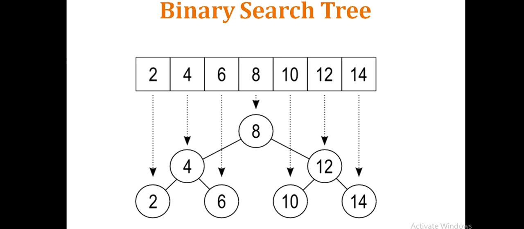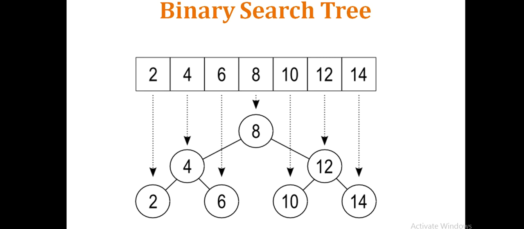In the best case scenario, if the element is found at the first position itself, it gives big O of 1 complexity. And if the element is at the middle position, then it is nearly n by 2. So this is the sequential search. If the size of the array is very large, with a large number of elements, it goes into the worst case scenario. And to come out of these problems, we can use the binary search tree.